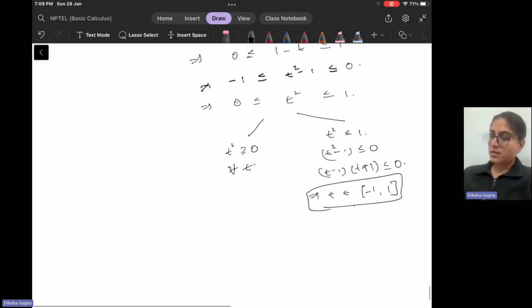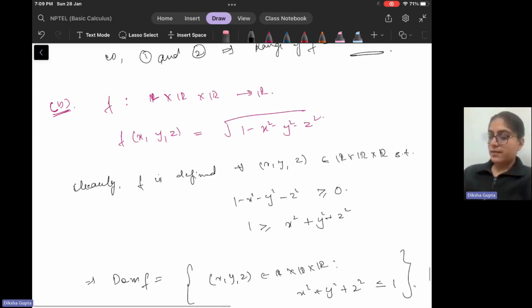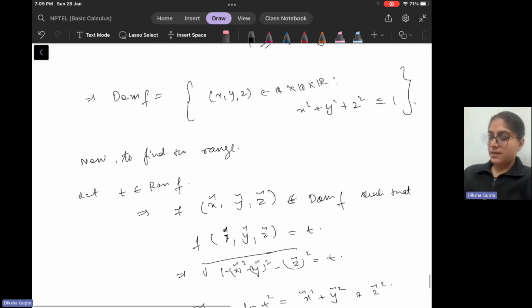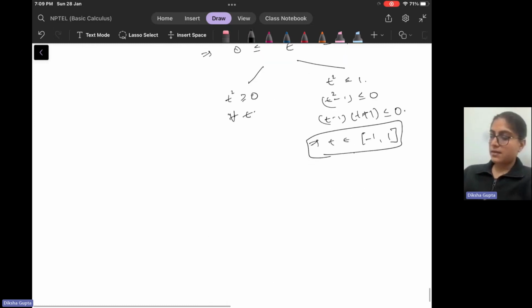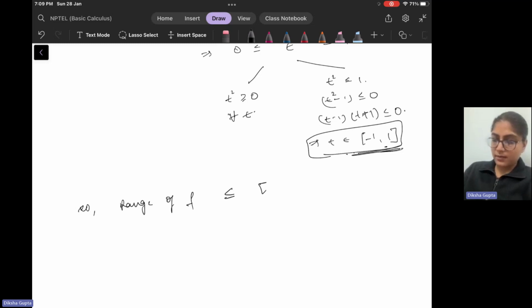minus 1 and 1. So what we have gotten is, we took any number in the range and we have found that that number will at least belong to minus 1 to 1. So we have found a range of f is contained in